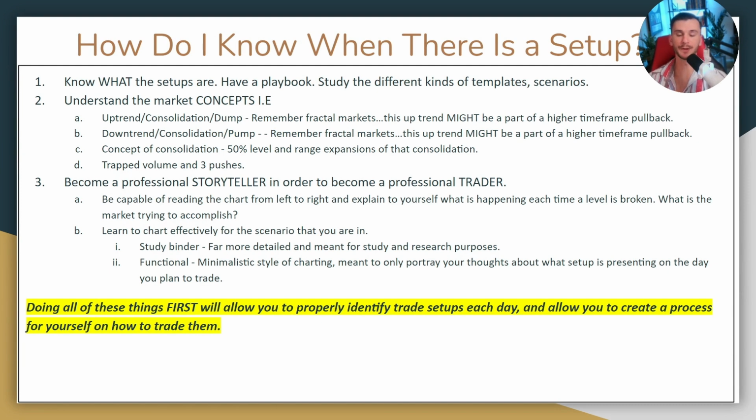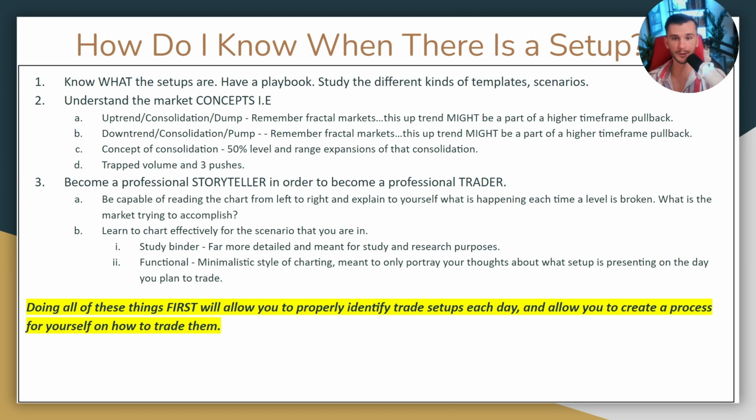How do I know when there is a trading setup forming? Number one, you need to know what the setups are. You need to know how to identify them, and you need to create your own playbook. You can either use my setups, you can use other people's setups. Regardless, whenever you have a playbook and you know exactly what you're looking for on the day based off of that trade,